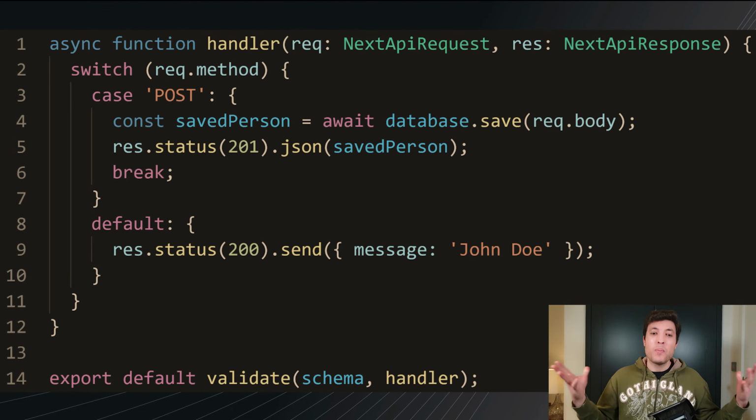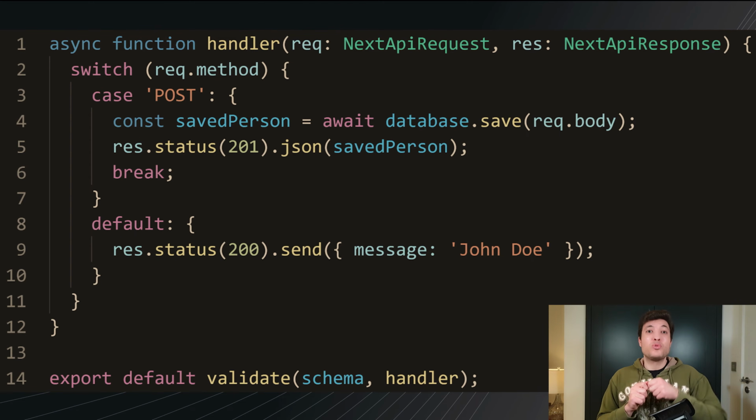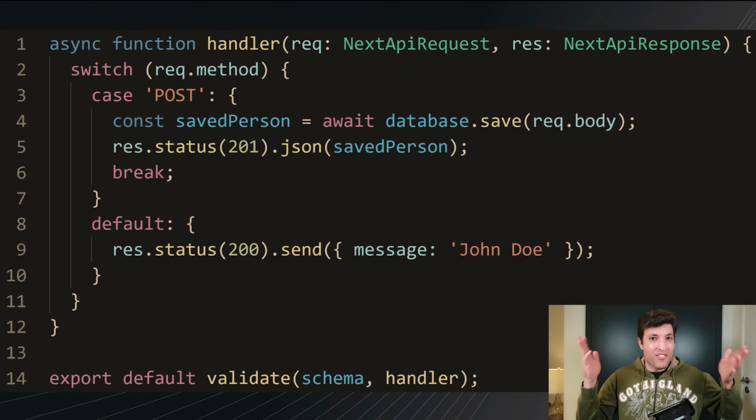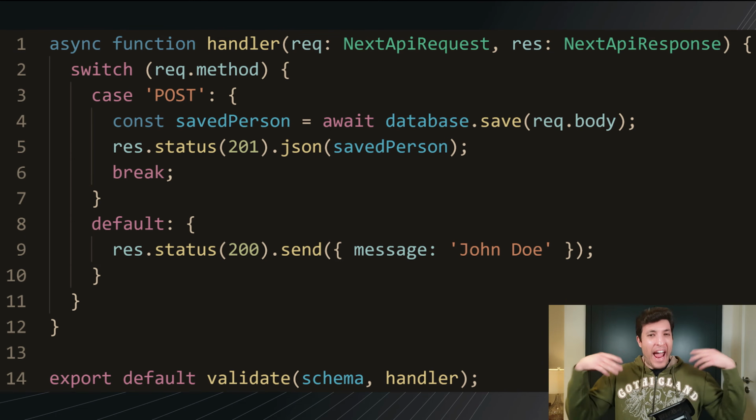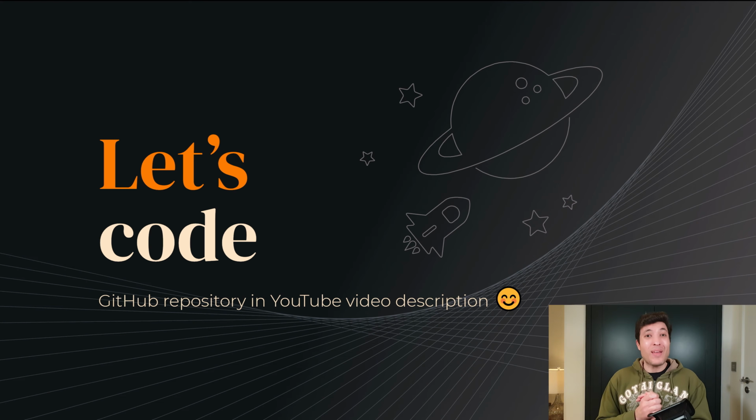All right, so basically with this, you will have everything you need without any repetition in your code, and you will have validation out of the box that you can then share that schema to your Formik or React Hook Form and use it on the front end as well, which makes sure that we don't have any incompatibility or any differences between what you show on the front end validations and on the back end validations, right? So with that all said, let's now jump into Visual Studio Code in order to start to code what we